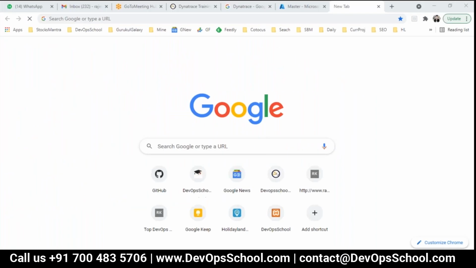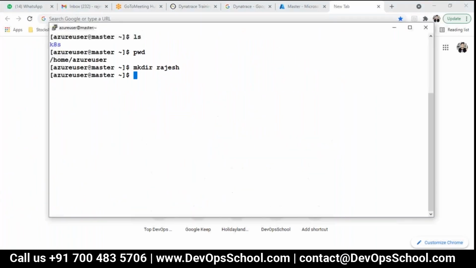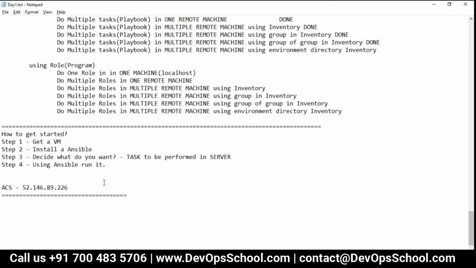This conference will now be recorded. Okay, so all of you, please look at my screen here. Now, first thing, I have to get a VM. So on the cloud machines, I got a VM created. I was having the VMs already. I just logged in to it. This is the IP address. Now, what is the password? I'll give you the password during the lab time.